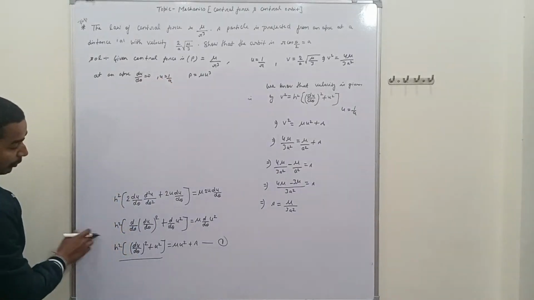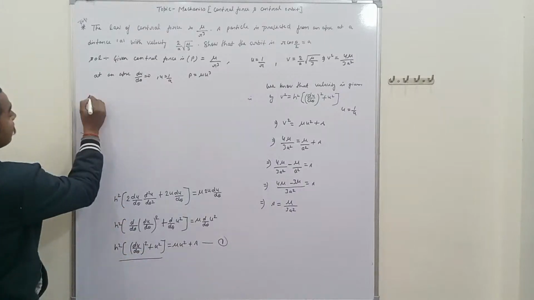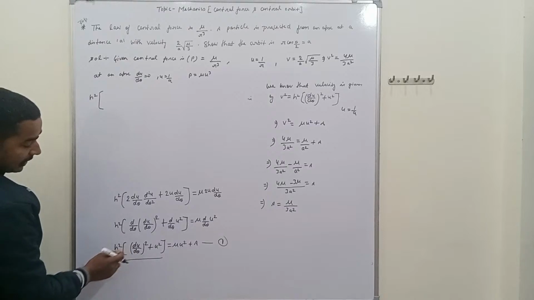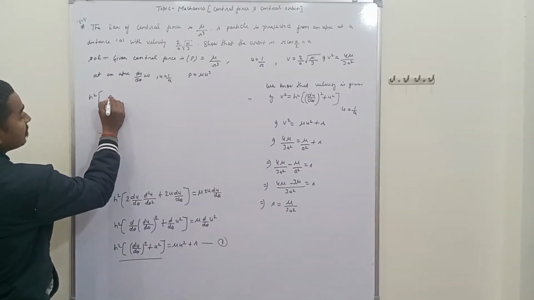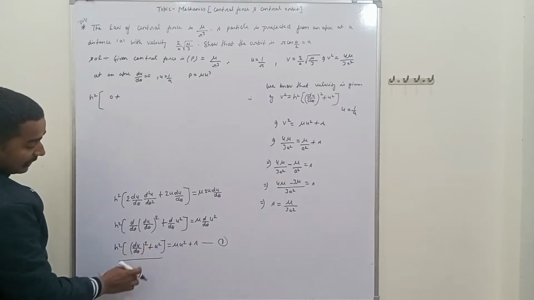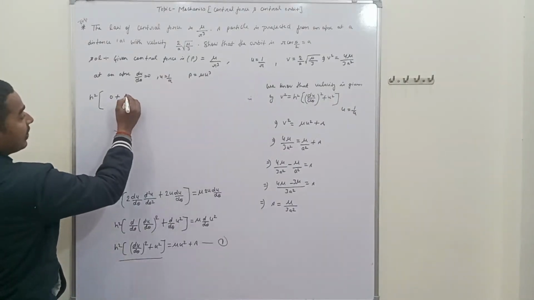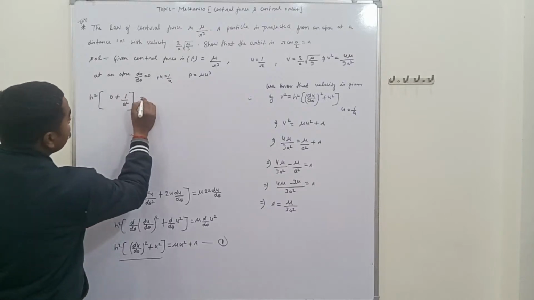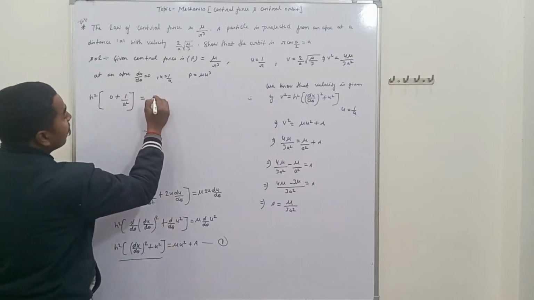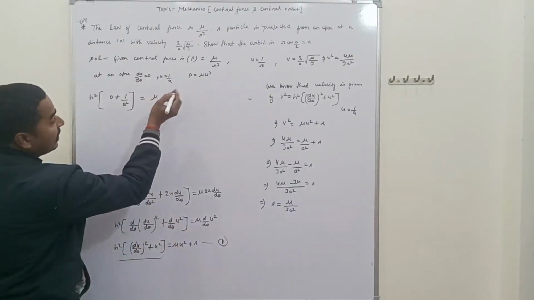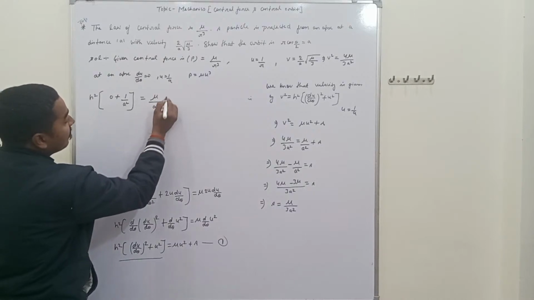Further, we have to put in the equation 1 here, that is h square. In place of du upon d theta we have to put 0, that is 0 plus of u square, we can also write 1 upon a, that is 1 upon a square is equal to mu into u square, written as 1 upon a, that is 1 upon a square,